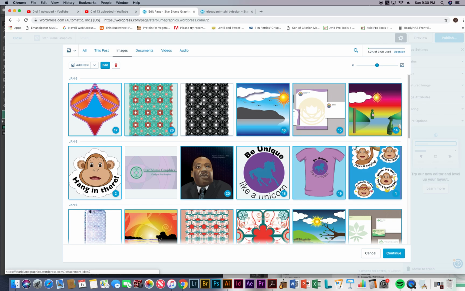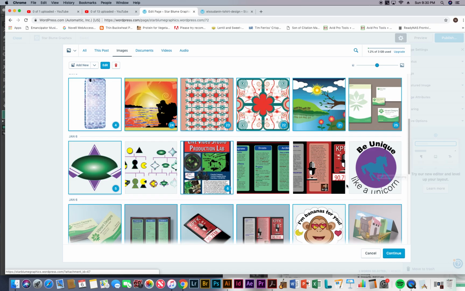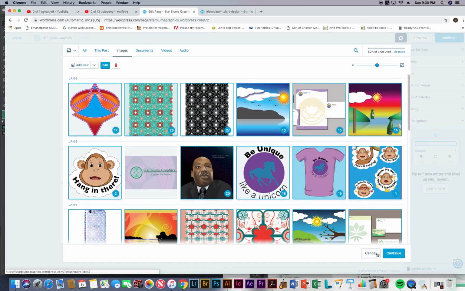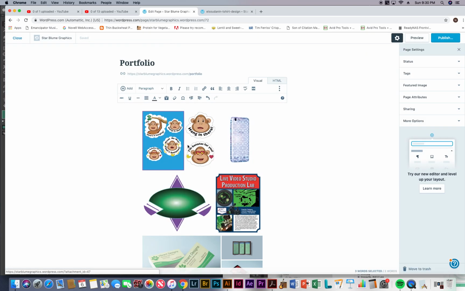I'm trying to put the data on the images now, so looks like I can't, so I'll just go back to continue, and I'll show you another method where you can actually add more detail to the images, like the description, and it's very important to add the alt text. I'm going to click update now, and now it's in my page, and